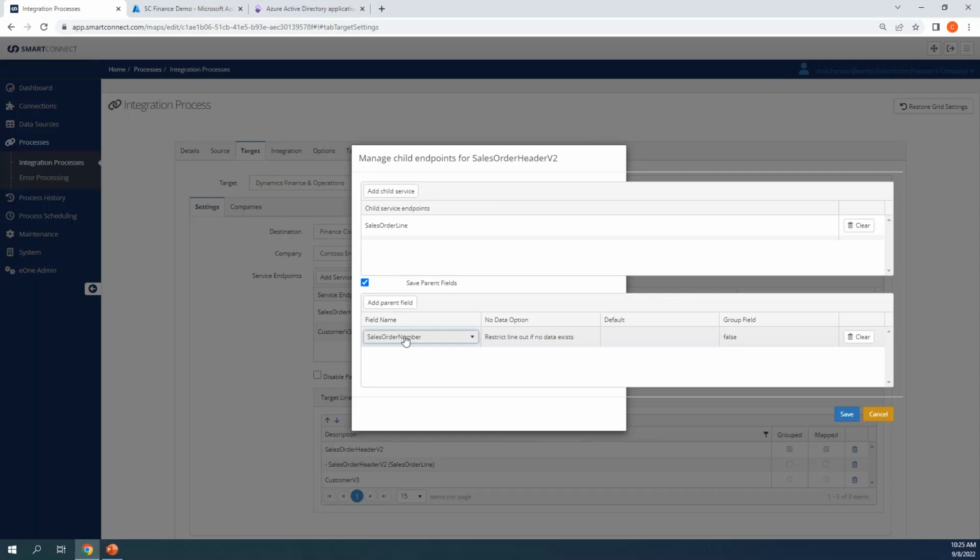Now, might not be a big deal if you have the sales order number in your source data, but a lot of times you're going to want F&O or another destination, another ERP to generate that number for you. And what we used to have to do in the past is we'd have to go look up that record that we just created. We'd create the header, then go look up that sales order number on that header and pull it back in through a type of field lookup or entity lookup in SmartConnect that you, the user, would have to set up. Now we do that all automatically, and we do it one time, no matter how many